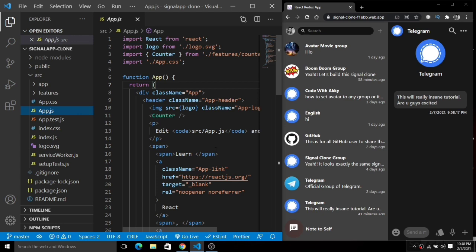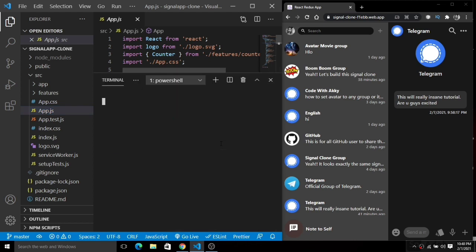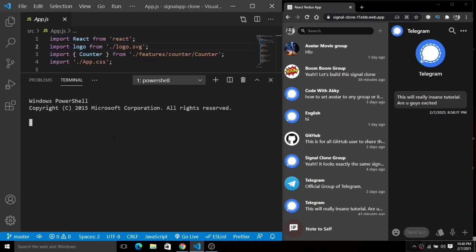Okay, so now what we are going to do is install the required dependencies that we are going to use in this build first of all. Here I'm going to open a terminal and install all the required dependencies, so later we will not have to worry about that. I'm going to install all the dependencies here using npm. So you guys have to pay attention here, and I'm going to list down all the dependencies in a single click.